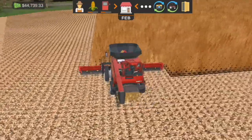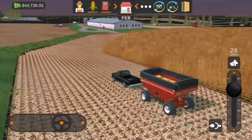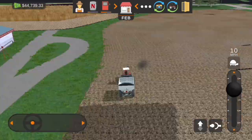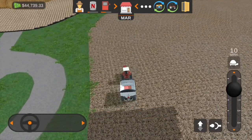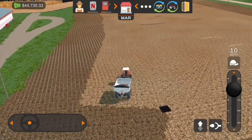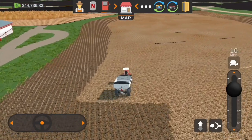So actually, I need to get this gravity wagon unloaded here quick before he needs emptied again, and then we'll get back to doing some fertilizing. There we go, we'll get back to fertilizing now. This field shouldn't take too long, it's only about 4 acres or so, and we should have enough to finish this field. This will be both fertilizer states then on this field,